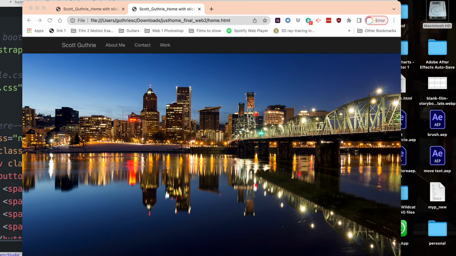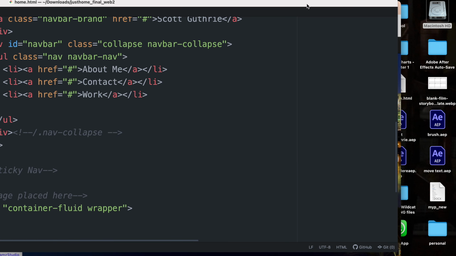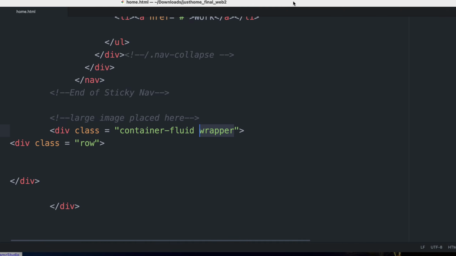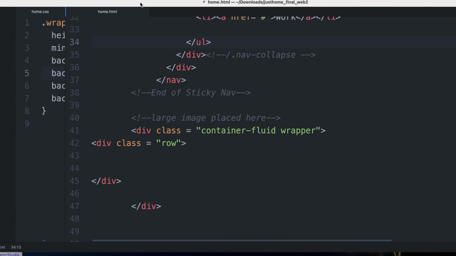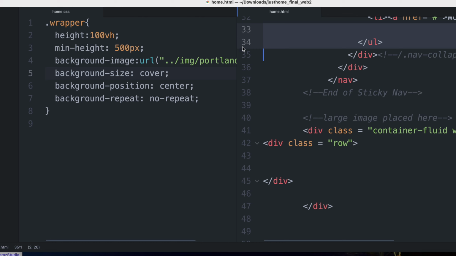We use the word container in the class name, but we also give it a word called wrapper. So we're using container fluid, which means it goes all the way across the page. There's no gutters on the left or the right, empty space. Goes all the way. And then we give it a word called wrapper. And then in a separate CSS file, we talk to wrapper,